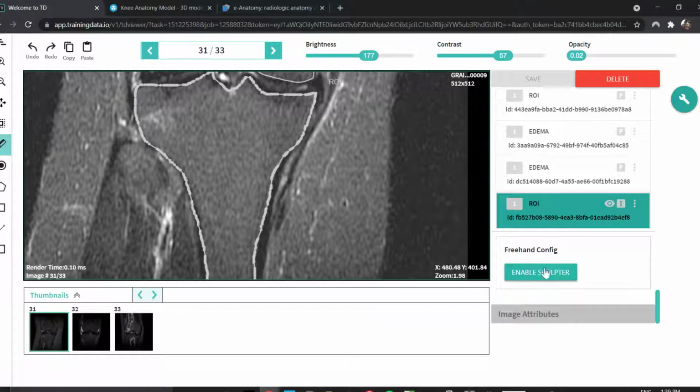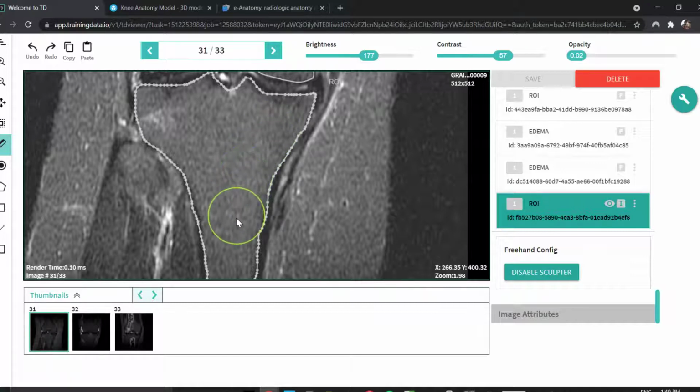For editing it, I have to just click on that ROI, then press enable sculptor, and I can sculpt it. Right? See, I can make it too much. I can reduce it. If you press it here, you get a big circle. If you click here, you get a smaller circle. And depending on your level of accuracy, you can go nearer or far to get the circle of the right size.